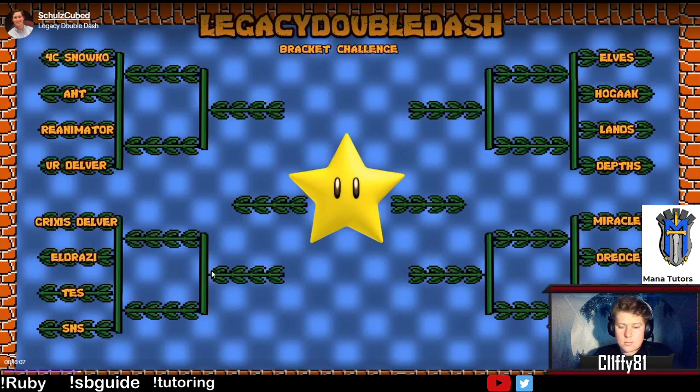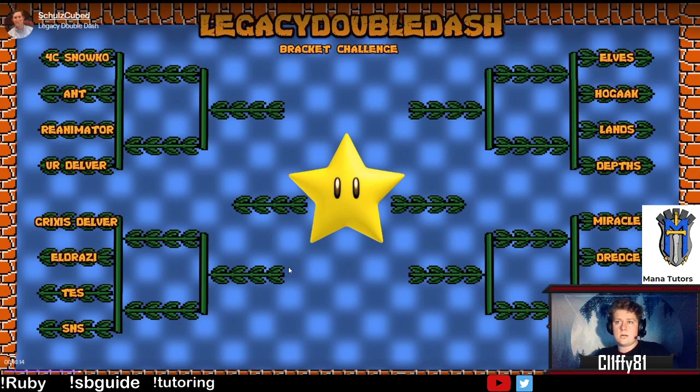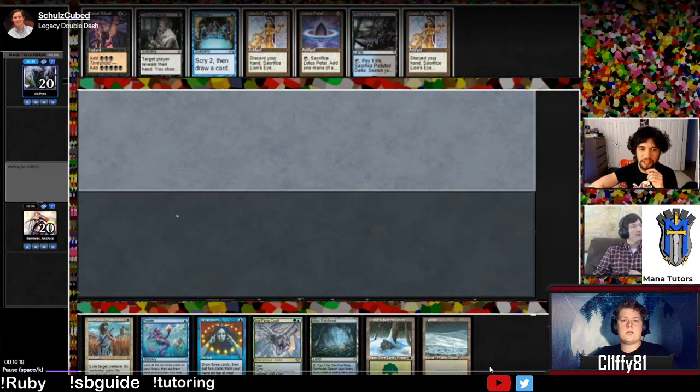Here is Cliffy versus Jarvis. 4-color Snowco versus Ant for match 1. Alright, our players are good to go. So right off the bat,